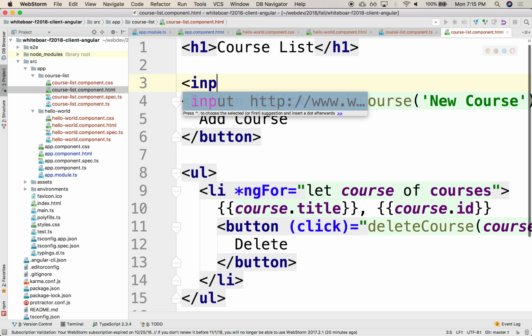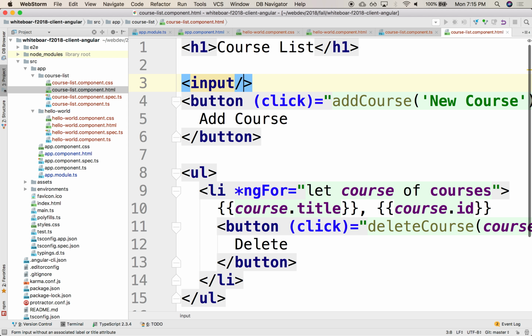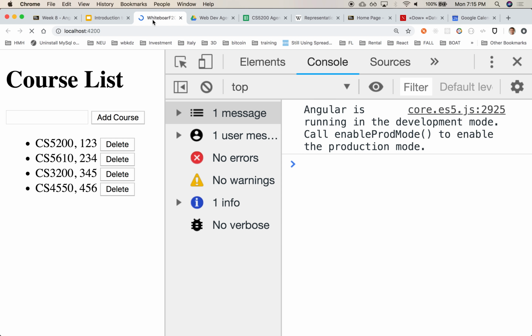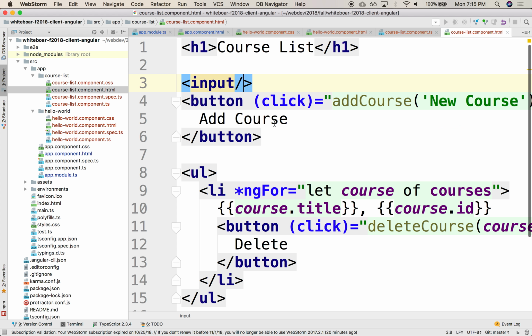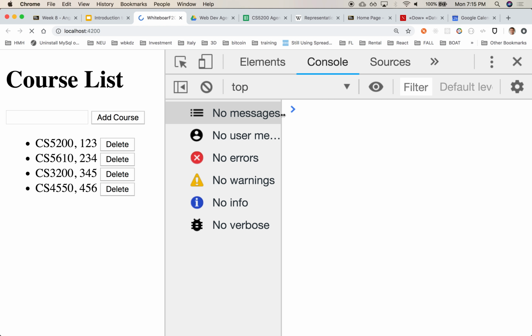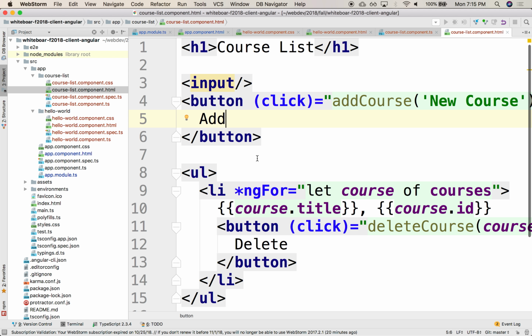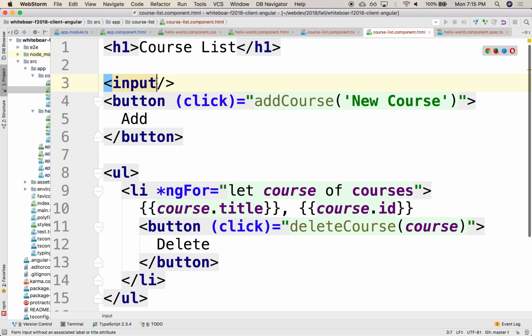So we can say here's an input field. Right, and so that would render right next to the add course. Maybe we'll just say add. There it is, add. What we'd like to be able to do here is bind whatever I type in that input field, bind it to some variable, so that when I click on add, I can then know what the title is, grab the title from this input field, and perhaps call the add course with the title that you typed in that input field,